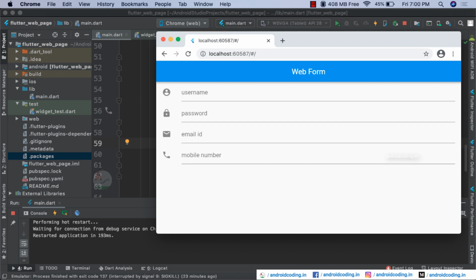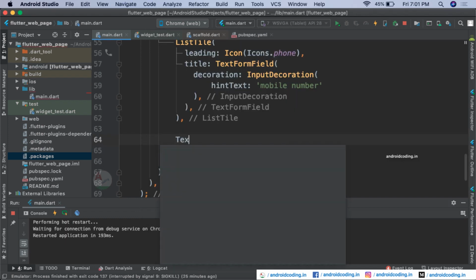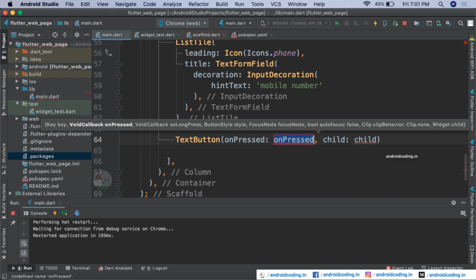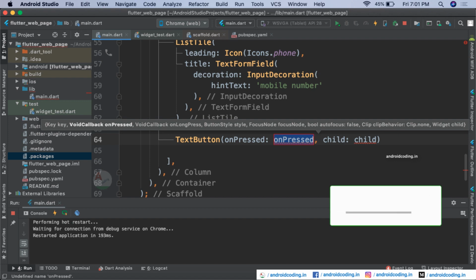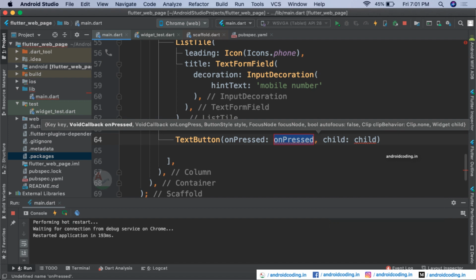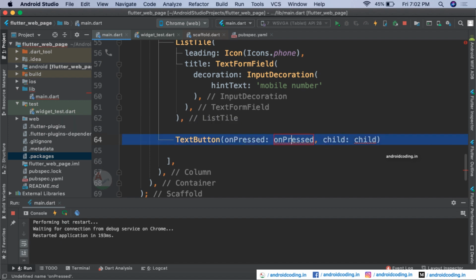So yes, we have designed our form, we have added the fields which we have required and app bar, everything. So let us try to add a button here so that we can fetch the user inputs, and here you can see two parameters are by default added to our button, and these are on pressed and child here. So on pressed is when you tap on the button, this particular method will be executed.